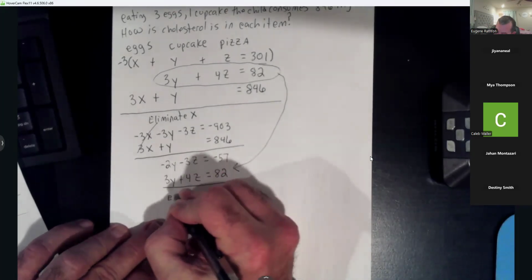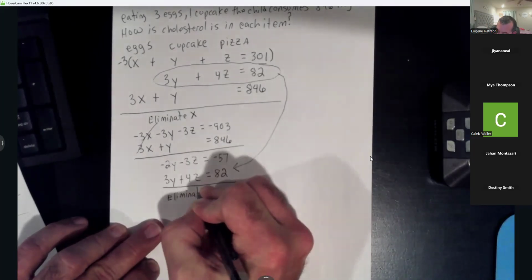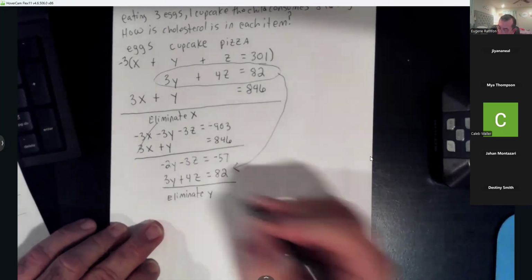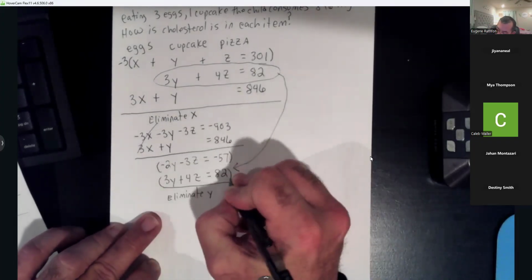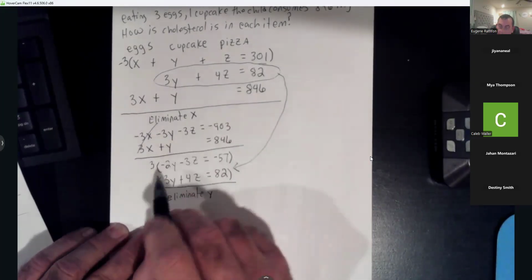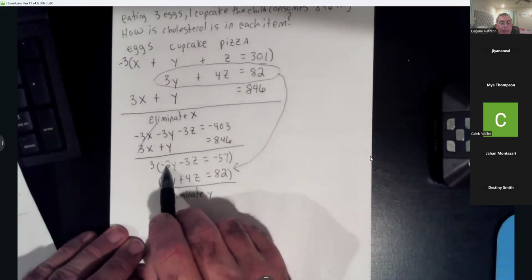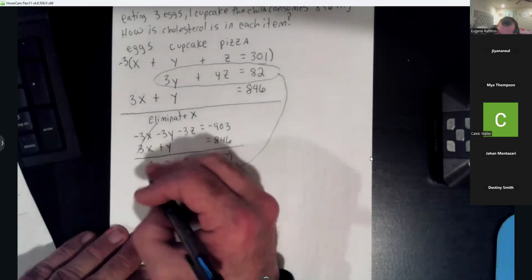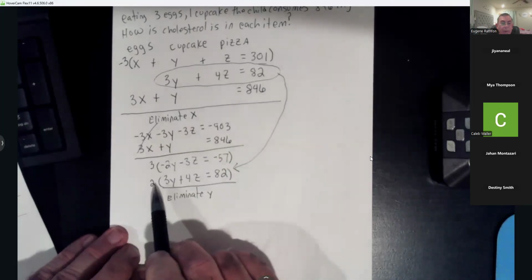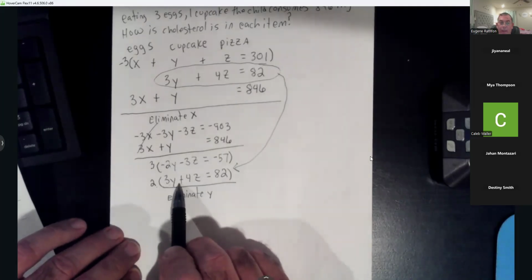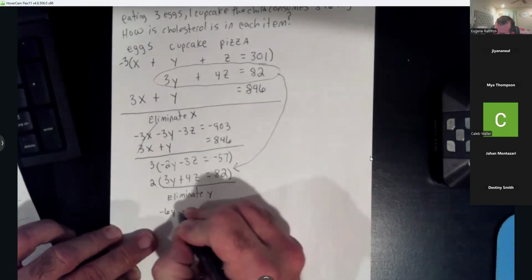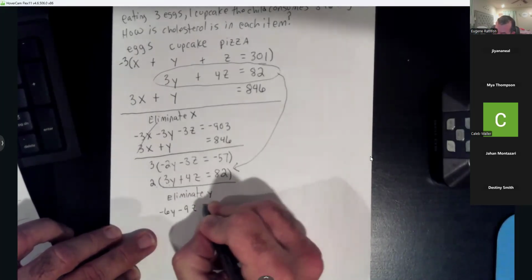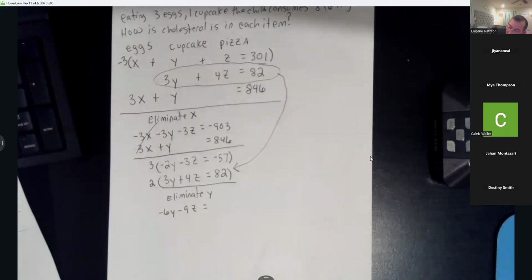I'm going to eliminate the y. So both rows got to be changed. So the top row, I'm going to multiply by 3. That'll give me a -6. This bottom row, I'm going to multiply by 2, because 2 times 3 will give me 6y. So distribute through, I get -6y minus 9z equals, so what I got there, -57 times 3